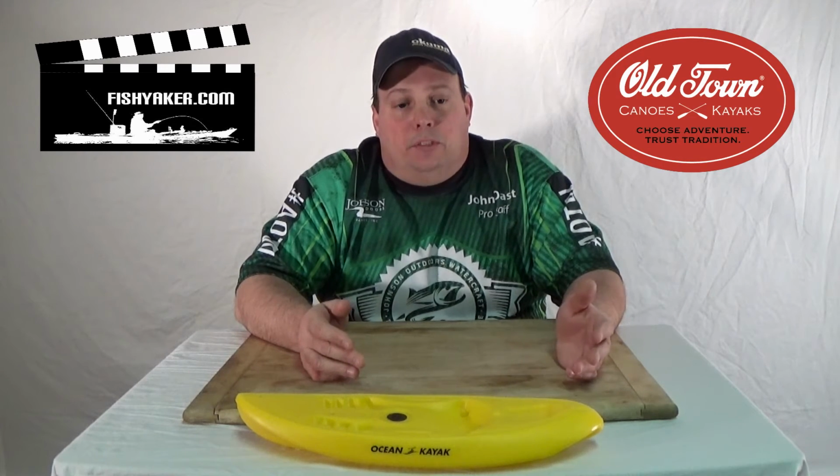The main reason you want the rudder on a longer boat is that it's going to help you maneuver the boat more, because it takes additional paddle strokes on one side to turn it without a rudder, but it's also going to help you drift. But keep in mind some of the hazards of having that rudder on your kayak. If you get into shallow water and you happen to drift or float backwards, you can easily bend or even rip off that rudder. So it's good if you're drifting, but make sure you're drifting forward, because the rudder